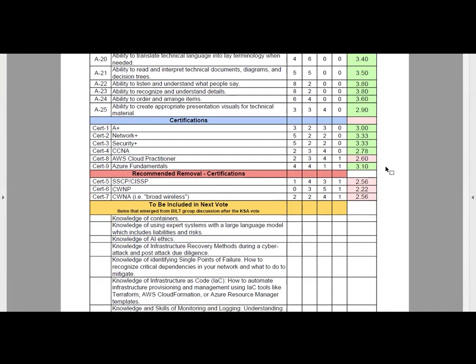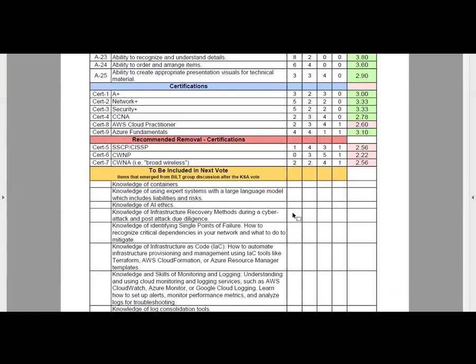Now, so we have 3 categories, right? We have the category for what to keep, category for what to remove, and then these items here to be included next time. These are items that were not on that list. The BILT members thought they were important and worth capturing on a list. So those are things that should be on your radar. And next time you convene your BILT to vote next year, these should be voted on. So again, these are things that are emerging that should be on your radar, but don't necessarily have a vote number ascribed to them. So now I'm going to let Amber Healer take over,